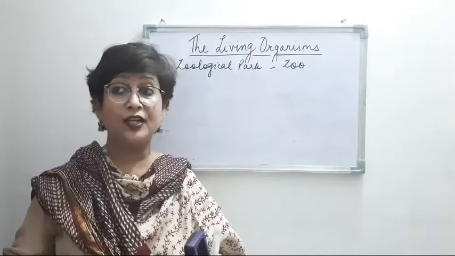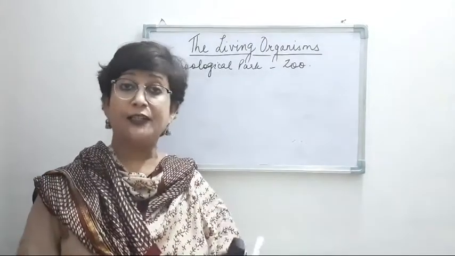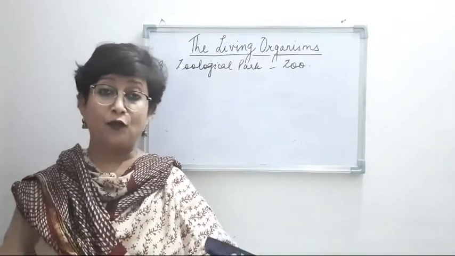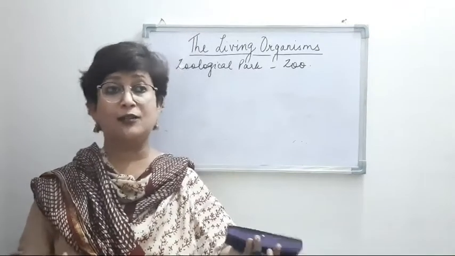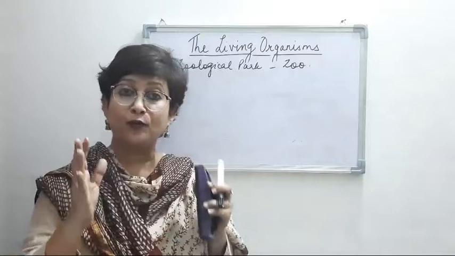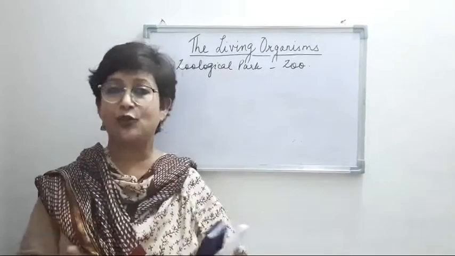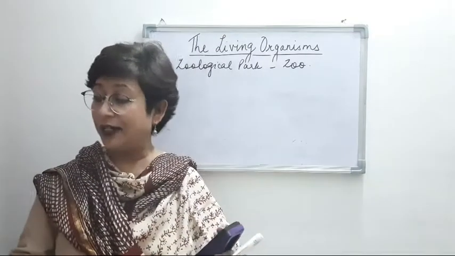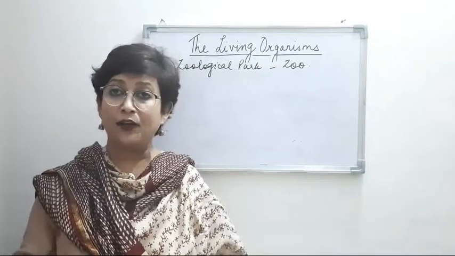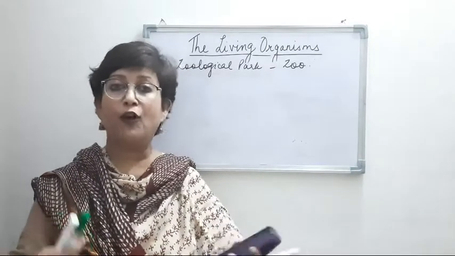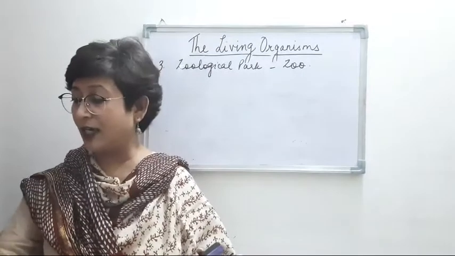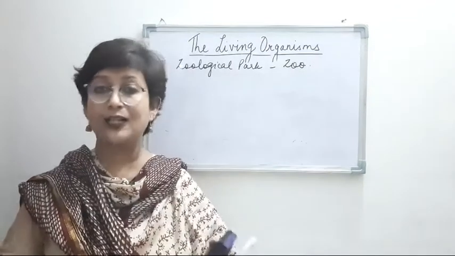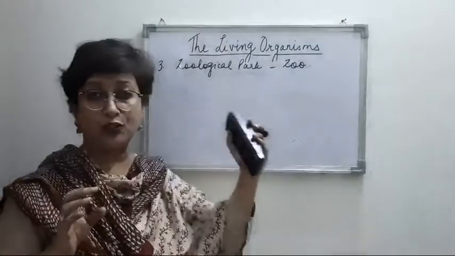Again, the zoo is always staffed. There are staff there, people who are appointed, who look after these organisms, right? Again, they are of course a source of tourist attraction, right? Whenever we go to the zoo, we don't go from that educational point of view, we go there to enjoy and see all these animals, right? So it is a source of tourist attraction, and again a kind of conservation in captivity is done over there. So it is conservation through captive breeding of endangered animals, right? So that's about the zoo or the zoological park.